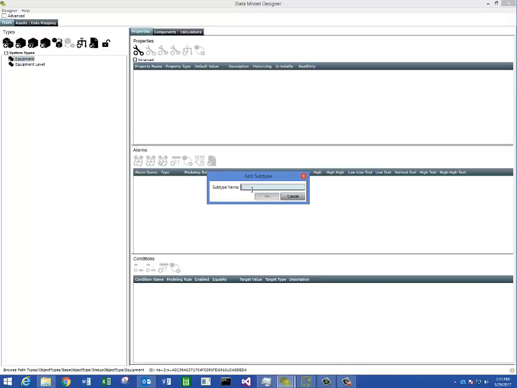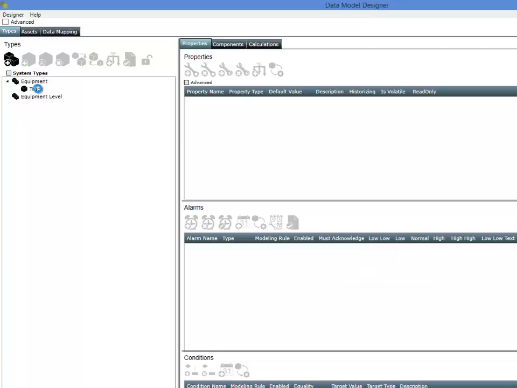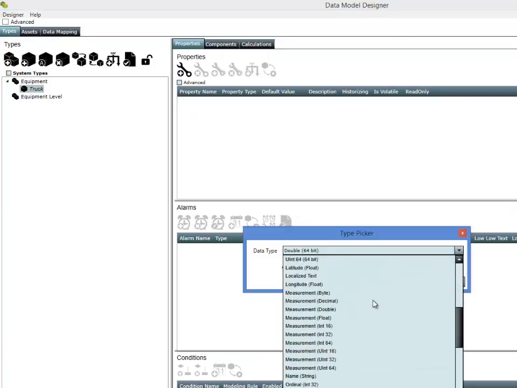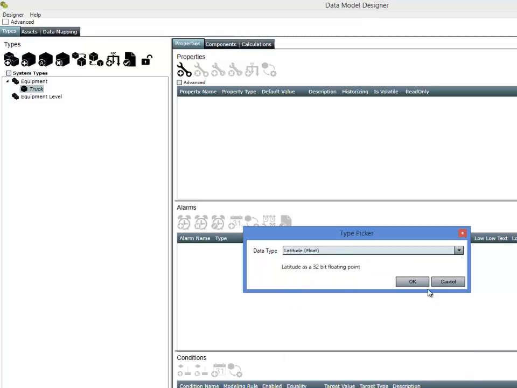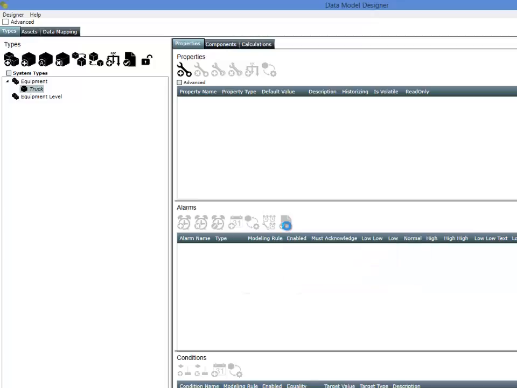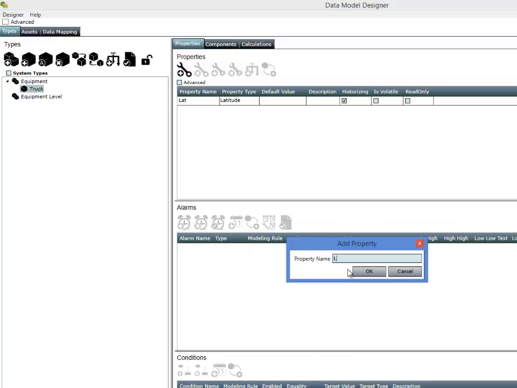And I'm going to create a new type here. I'm going to create a truck, and I'm going to add a couple of properties to it. So first I'm going to add a latitude property. So we're going to use this for actually locating the truck on the screen. I'm going to call that lat, and I'm going to add a second property for longitude. I'll call that long,